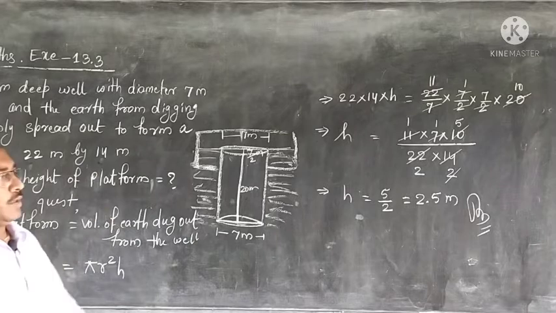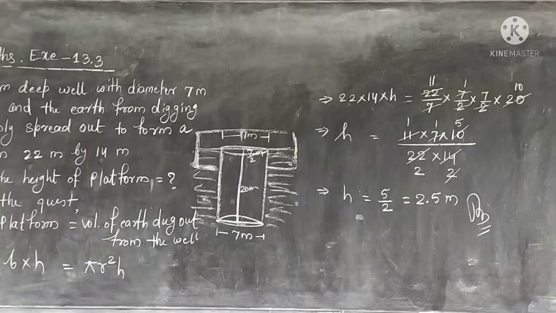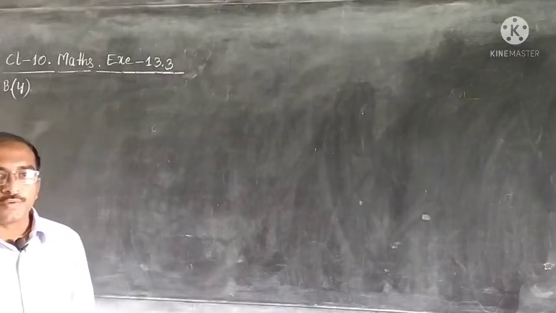We simplified it and we got the height of platform will be 2.5. Hope you have understood it well. Now, we will go to question number 4. See now question number 4 of exercise